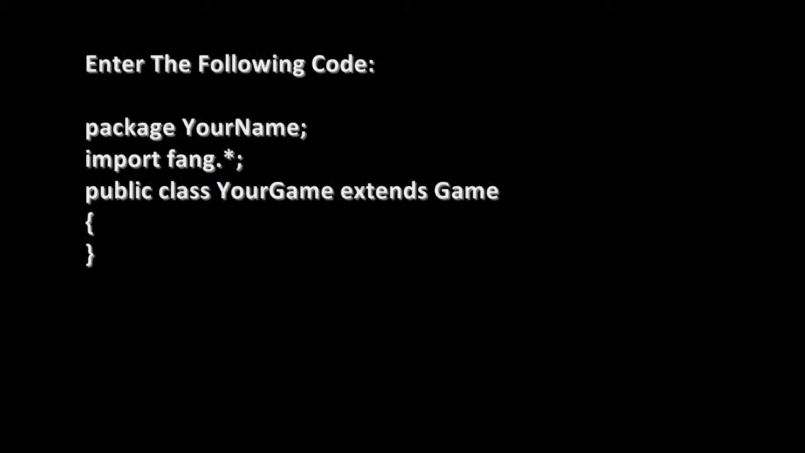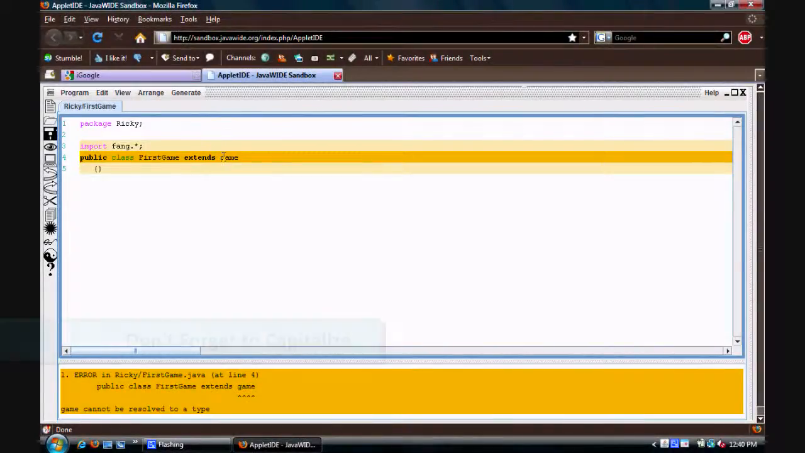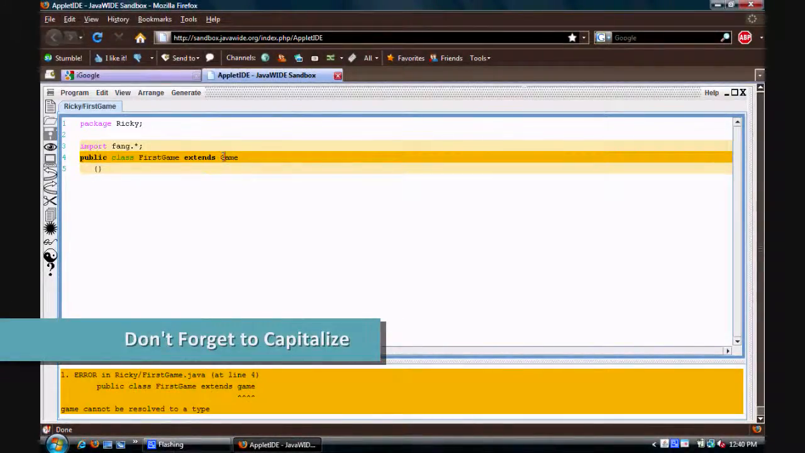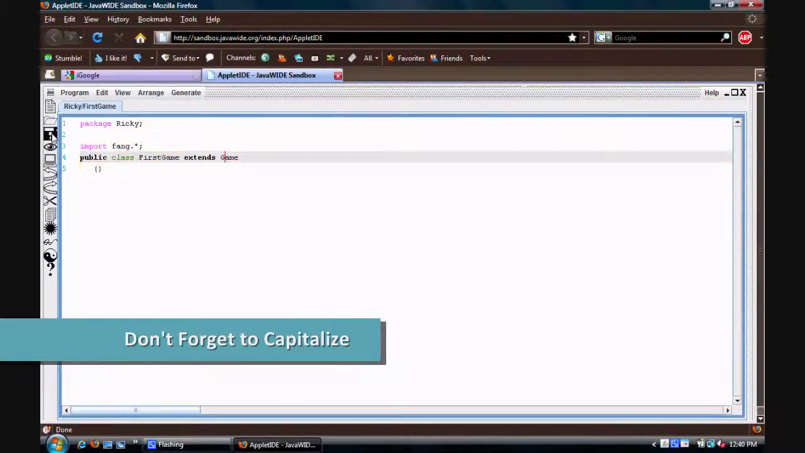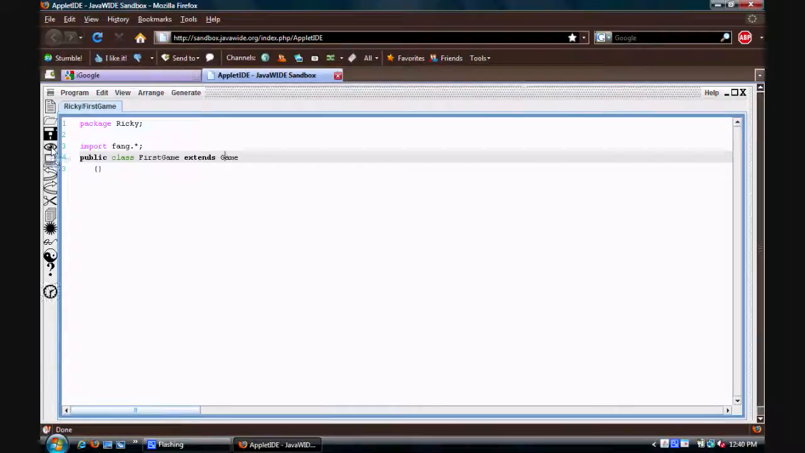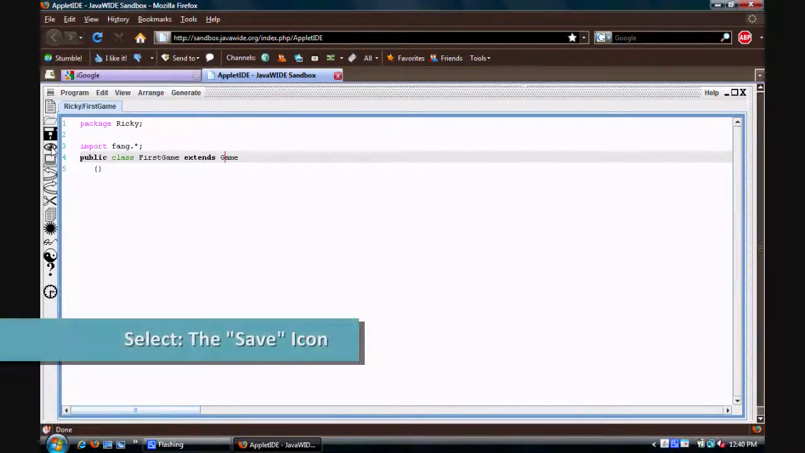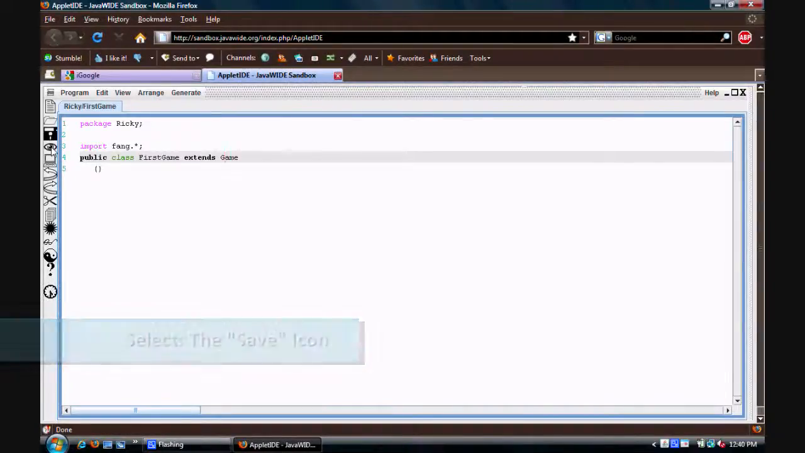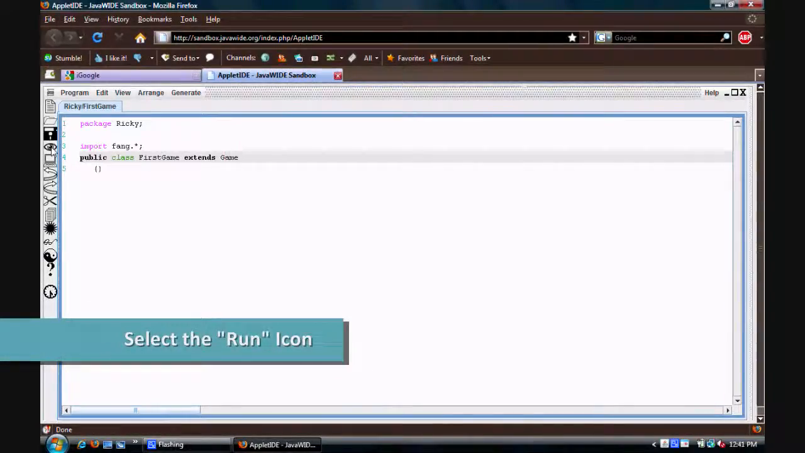What you gotta do is enter in this stuff: package, your name, import fang.star; public class, your game, extends game. And in these cases, make sure to replace your name and your game with what you actually called them. Don't forget to capitalize. You can see I made a mistake here, and JavaWIDE caught that syntax error and let me know about it. So once you have it correct, hit save, and then go ahead and select run,